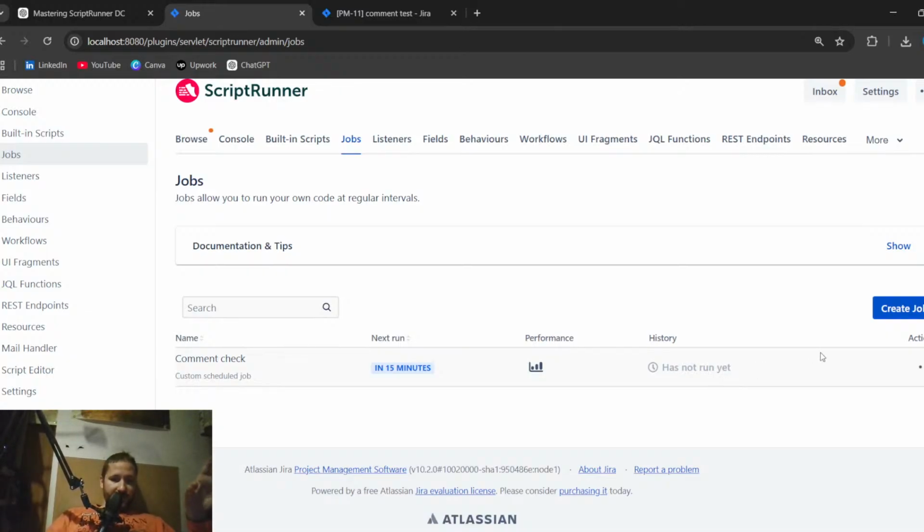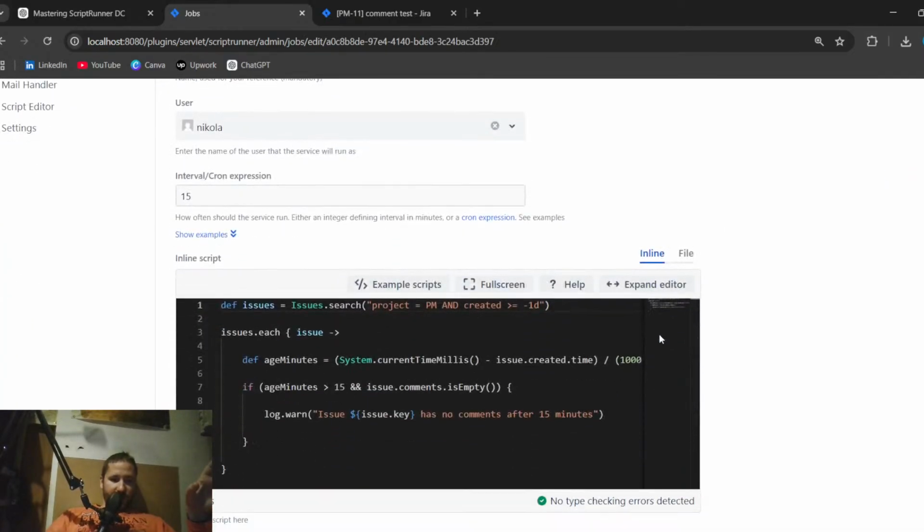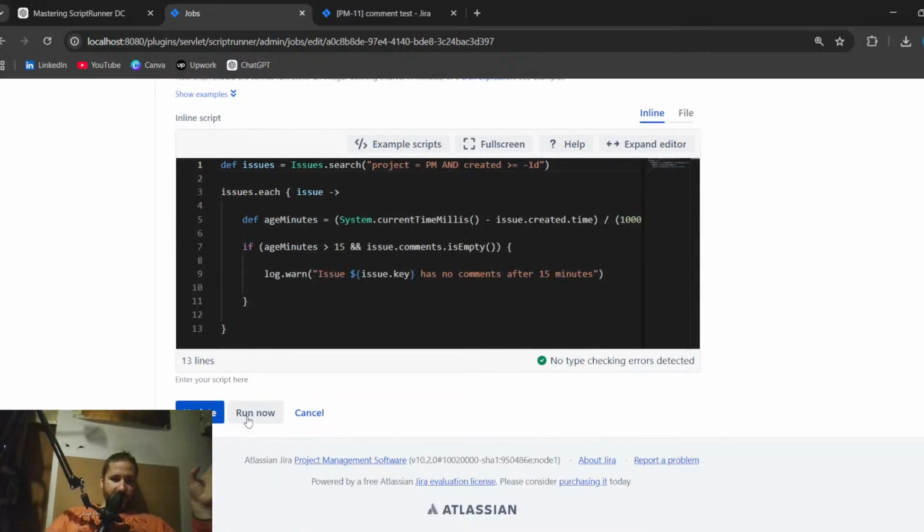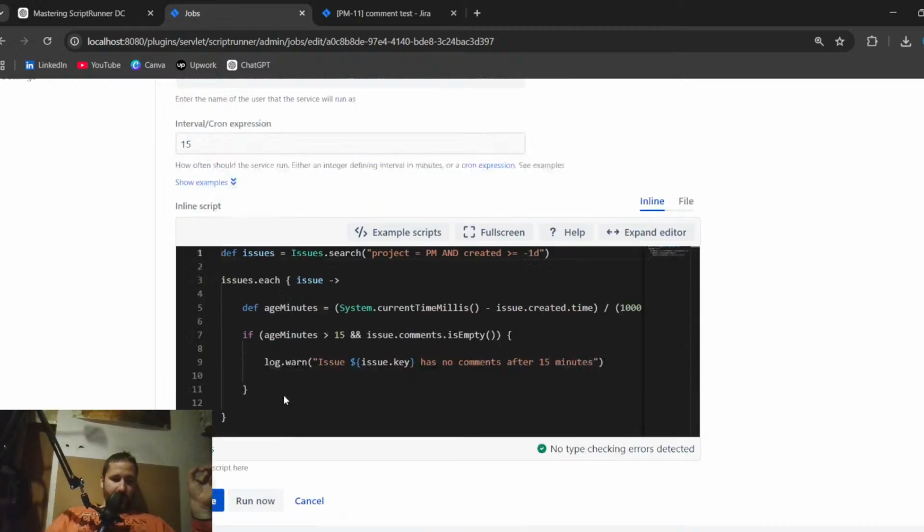That part is actually fine. But then if we are looking at the script here, the question is, is it even going to be necessary? So if we actually say run now,